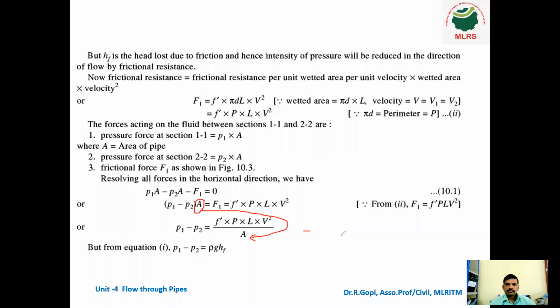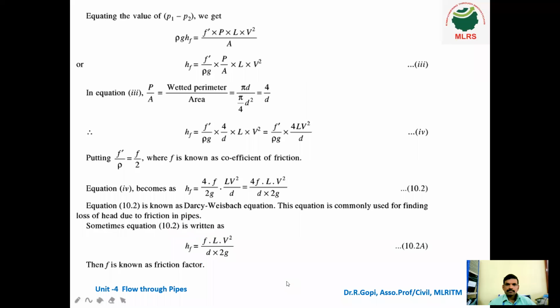So what is the first formula? P1 minus P2 equals ρ g hf. This is the first formula. P1 minus P2 is the pressure difference. The second formula is P1 minus P2 equals F' P L V squared divided by A. Since P1 minus P2 is there in both, now equate these two formulas. Equating the value of P1 minus P2, we get ρ g hf equal to F' P L V squared